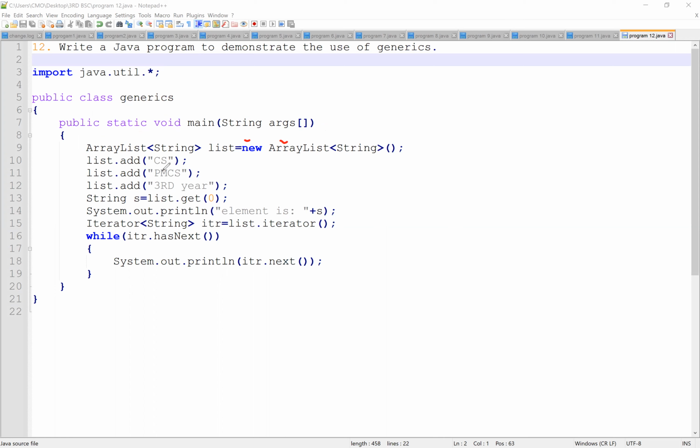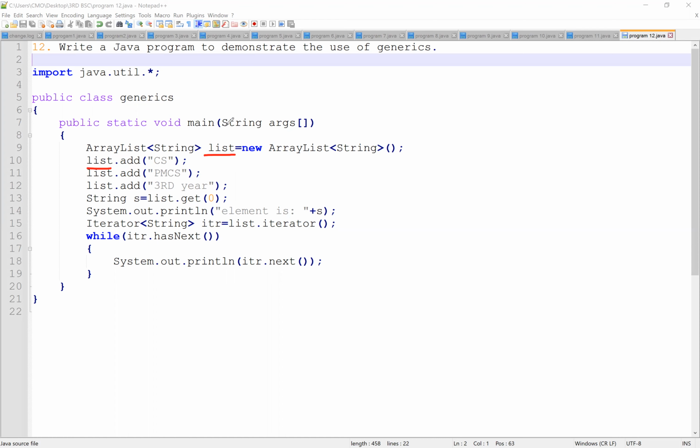Next we are supposed to add some elements to our ArrayList. How can we add them? We can add using our add method: list.add. Why are we using list? Why not another variable? Because we are using it as list.